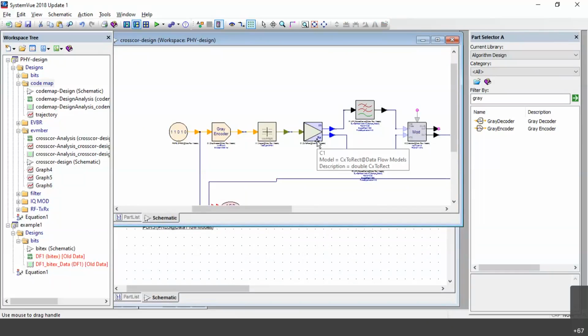Okay, then see here. So real and imaginary part, right? This has generated complex to rectangular form. So here write CX2 RECT, complex to rect. Don't use the M one here. There are two, right? Use the one without M, because we are not using any matrix form. So we have to use only CX2 rectangular, complex to rectangular. Then drag and drop over here. Okay, so I will check where it is.